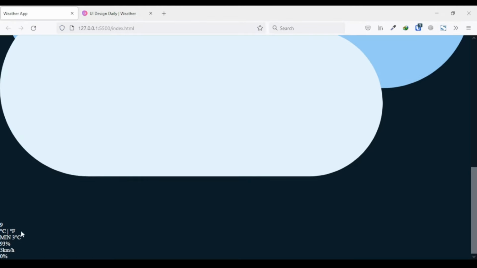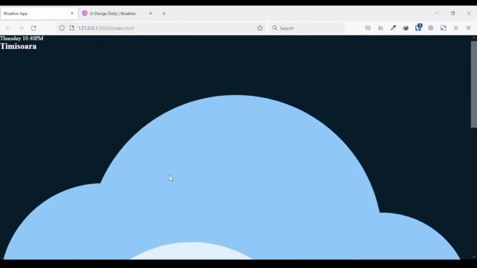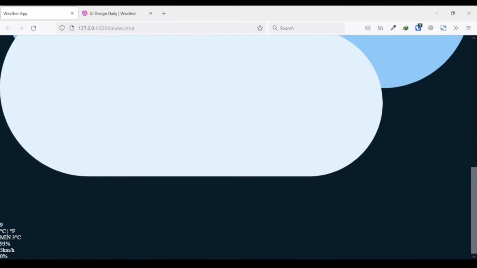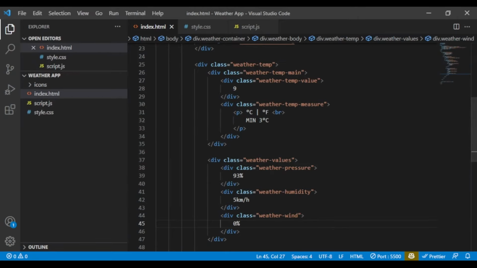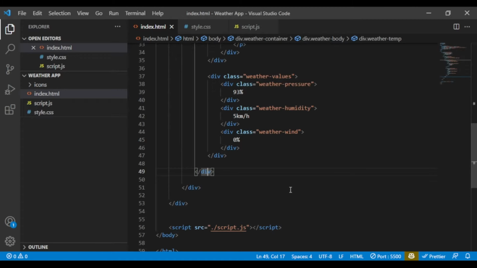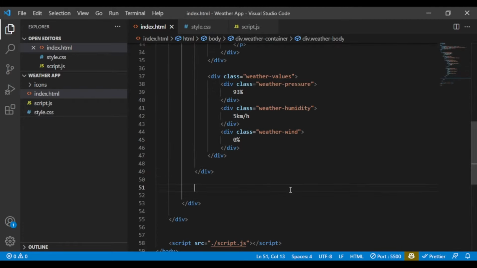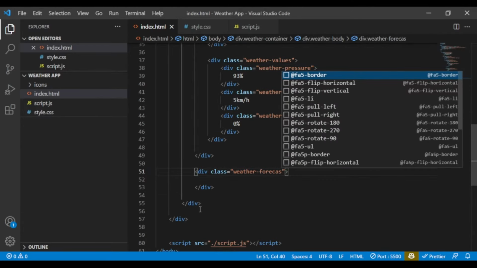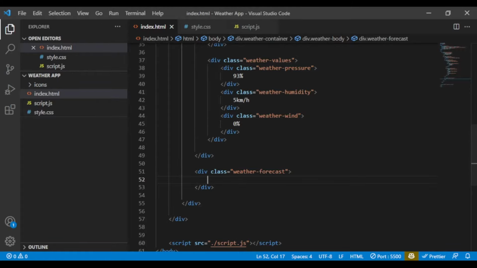So if we look at this now, all of them are here, and this is a big icon, we need to fix that. And then after that we have only thing left is these 5. Another div like over here, weather footer, that would go in the footer forecast, and this should be weather forecast day 1, weather forecast D1,